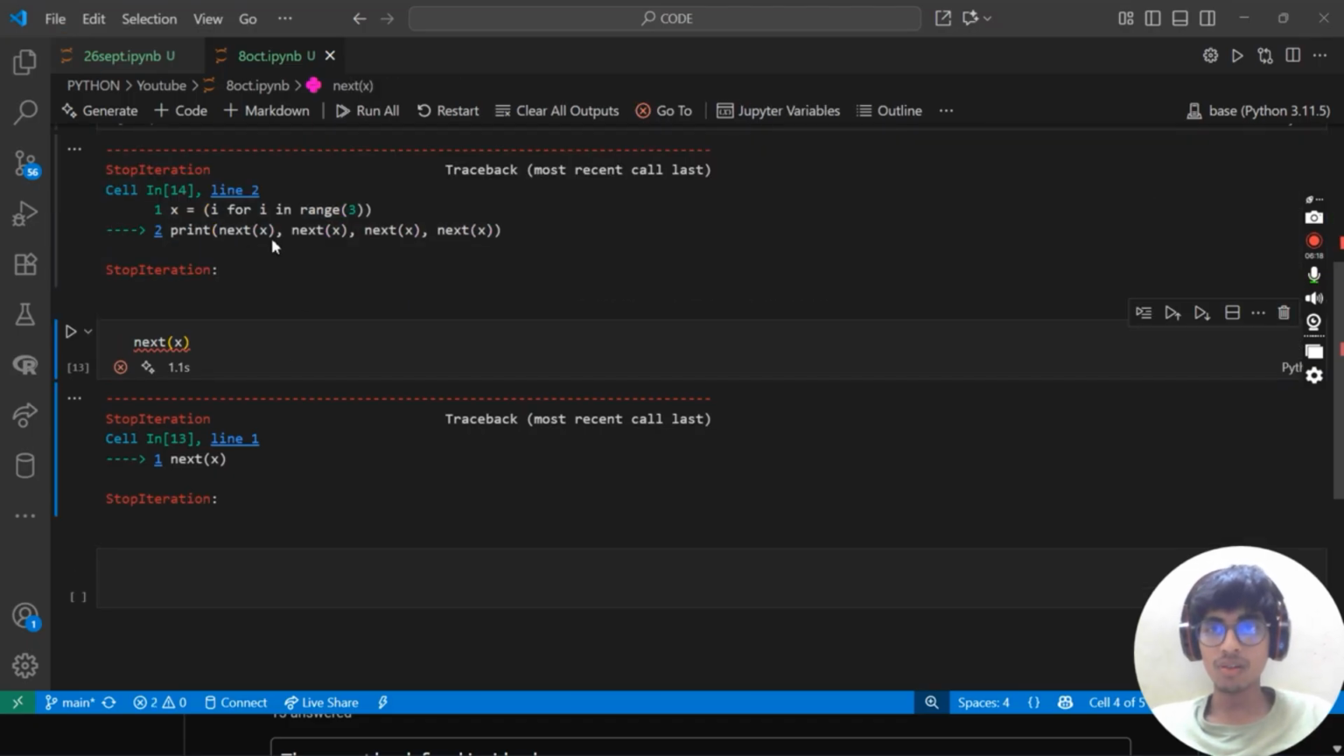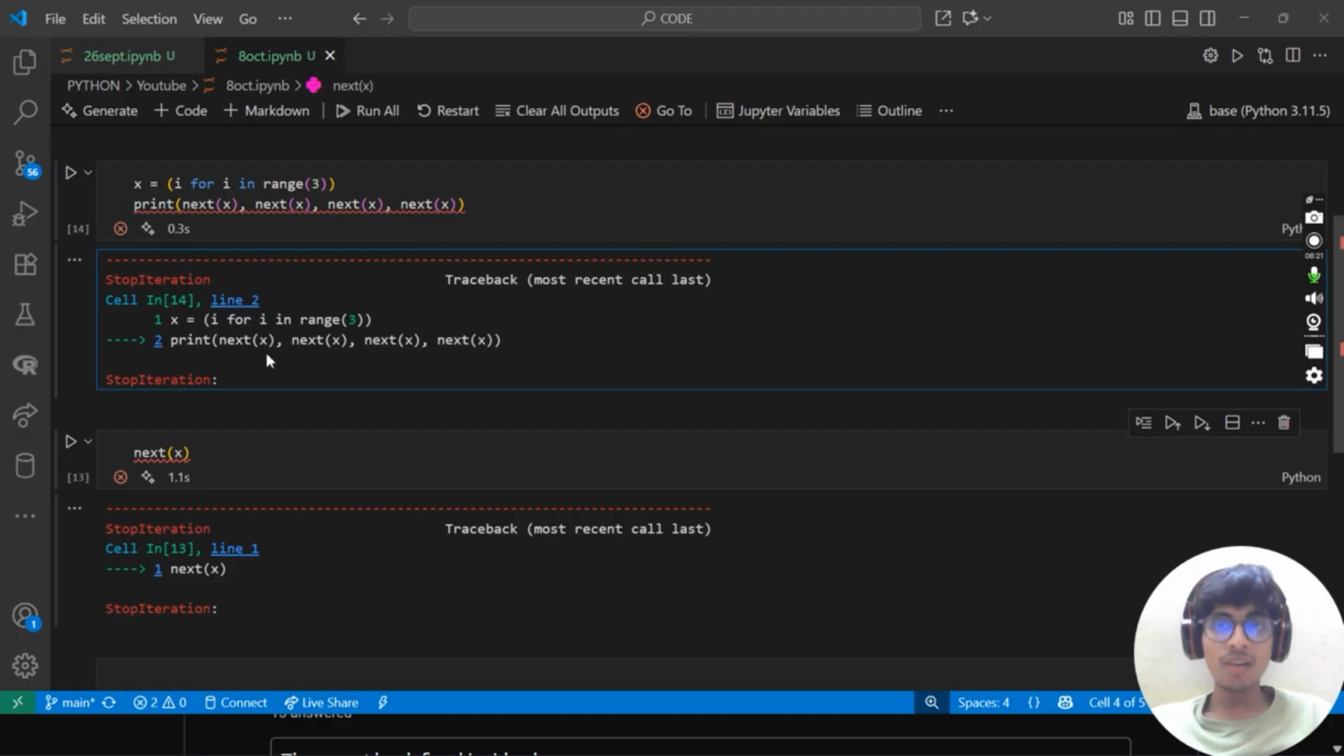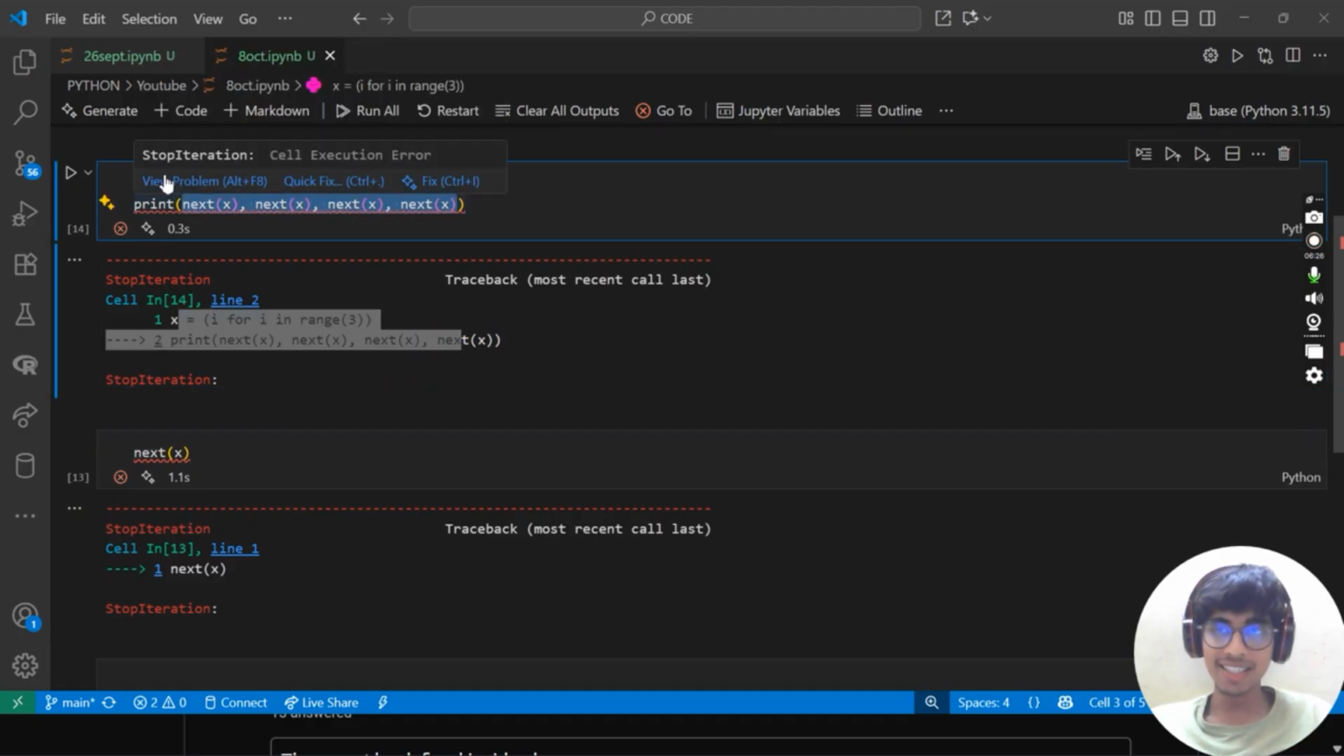If I'm printing all at once, it will first find out the response of everything inside this print function, and then print whatever the result is. But if it gets an error, it will be returned at the same time. If I just remove this one,